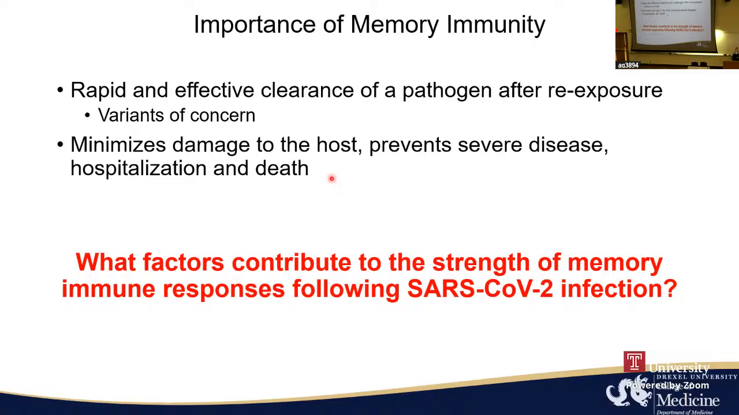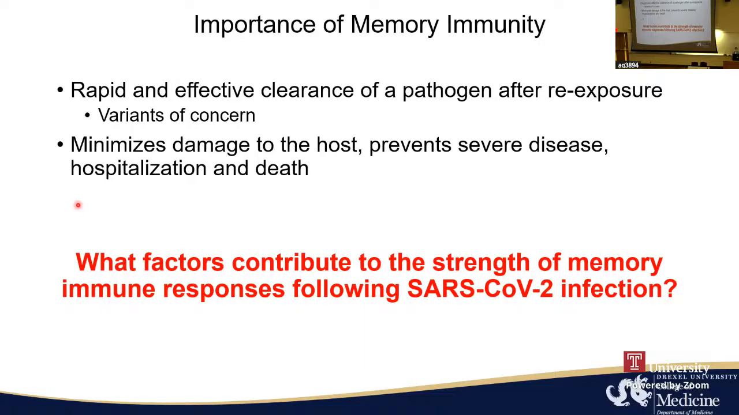And memory immunity is important because it establishes rapid and effective clearance of a pathogen after re-exposure. And I think we're all familiar that during the SARS-CoV-2 pandemic, this is incredibly important as we had multiple variants of concern coming out quite quickly as well. And it also minimizes damage to the host, prevents severe disease, hospitalization, and death. So this led us to our main question: what factors during early SARS-CoV-2 infection contribute to the strength of